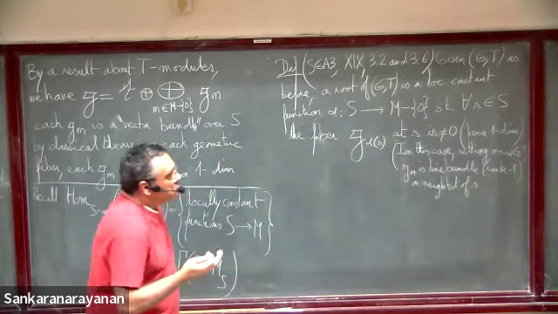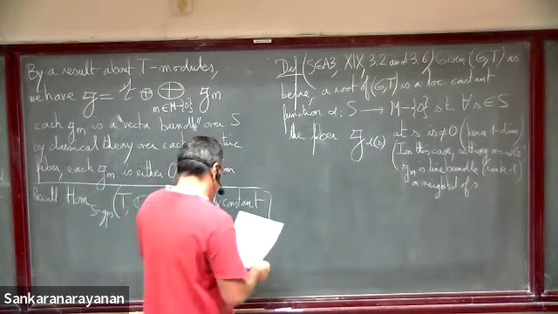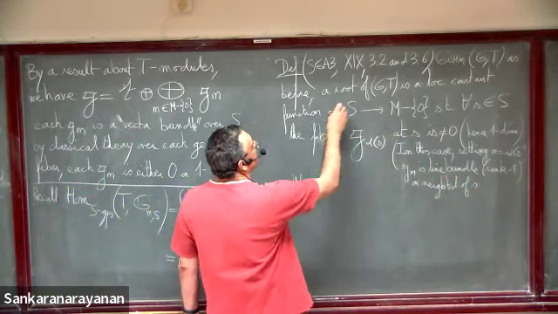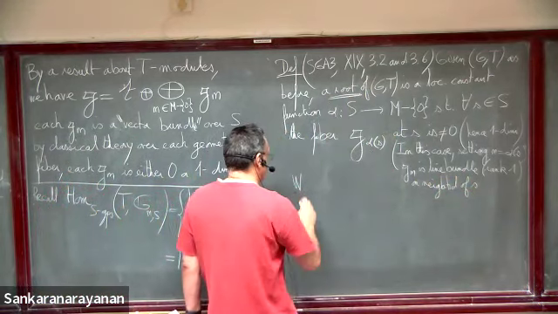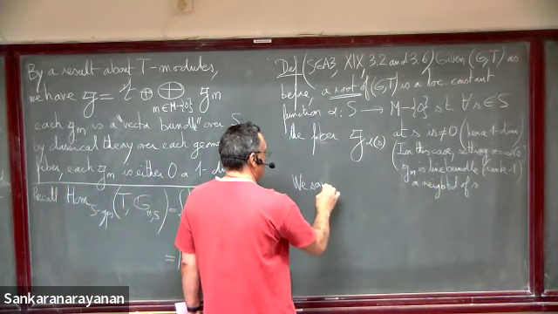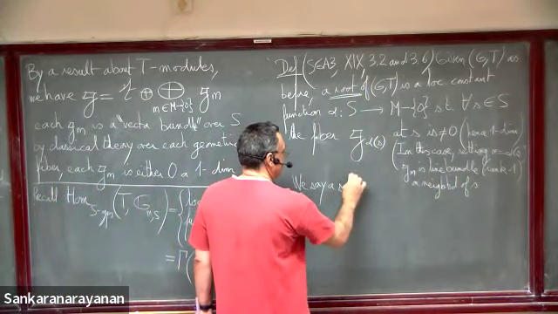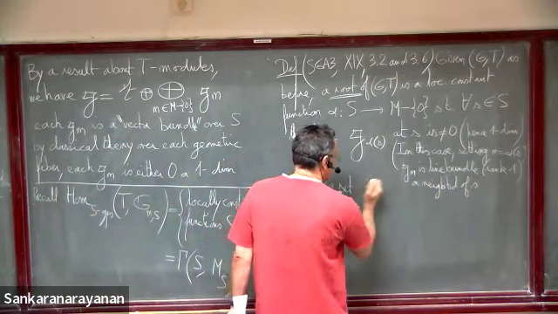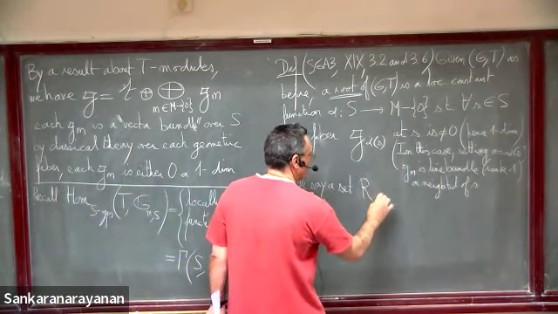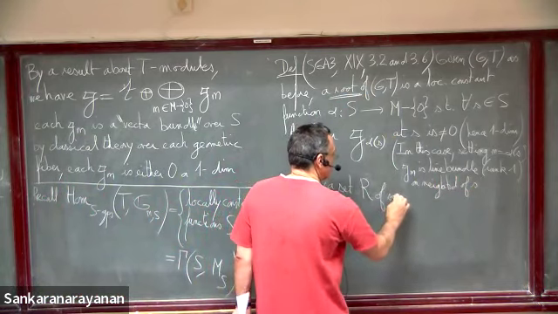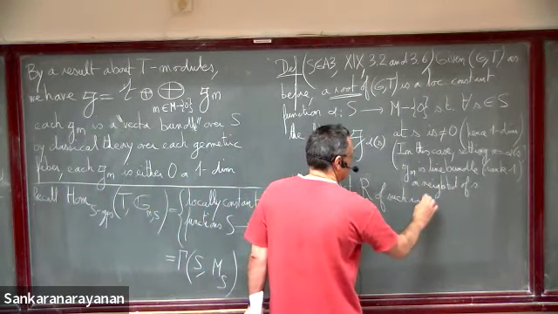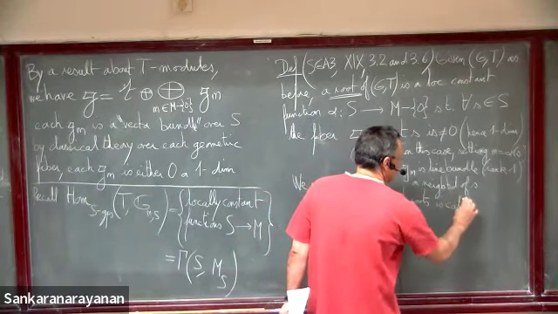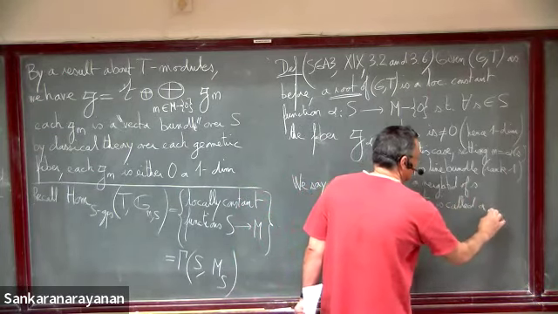Okay, and secondly, that's the definition of a root. And we say a set R of such roots is called a root system